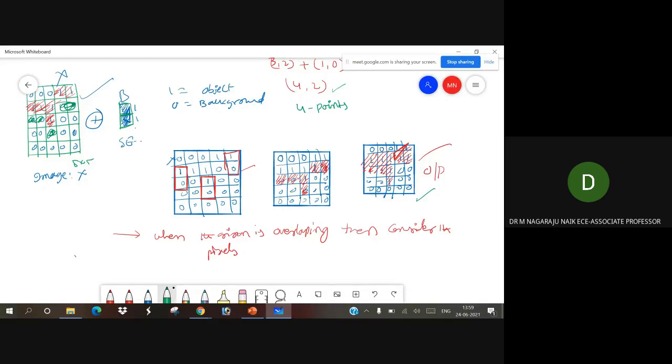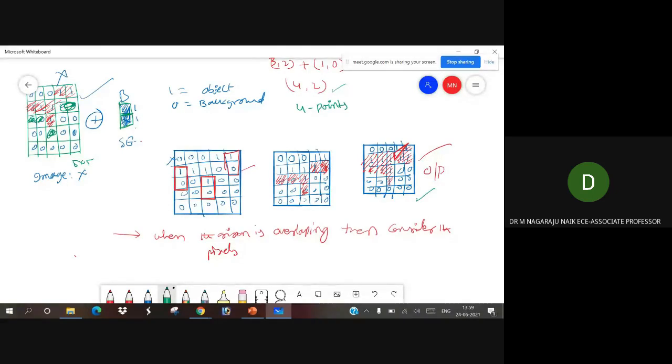What is the advantage of dilation? The advantage of dilation is that it expands the region. So expansion is nothing but adding more pixels. So the shape of the object is going to expand. That is a disadvantage of that one. I don't want to change the object information.